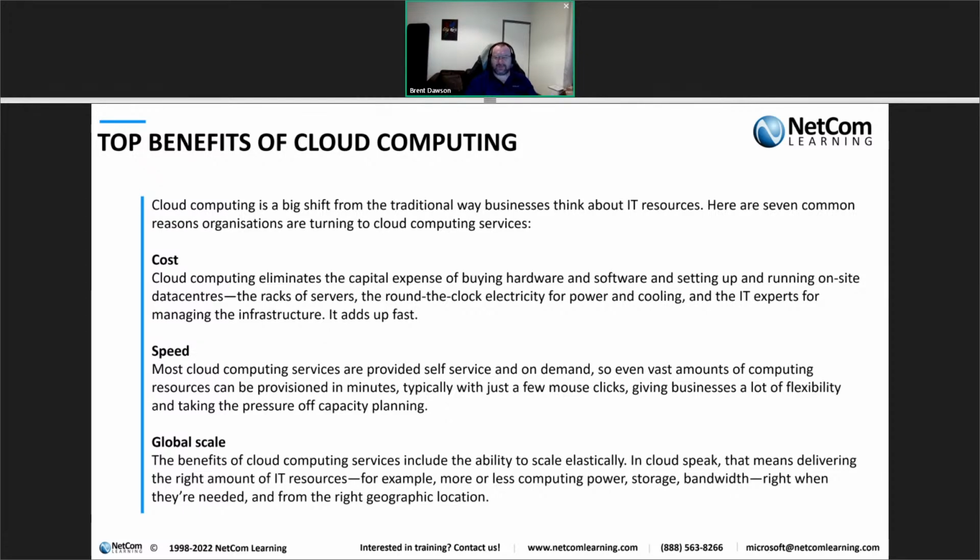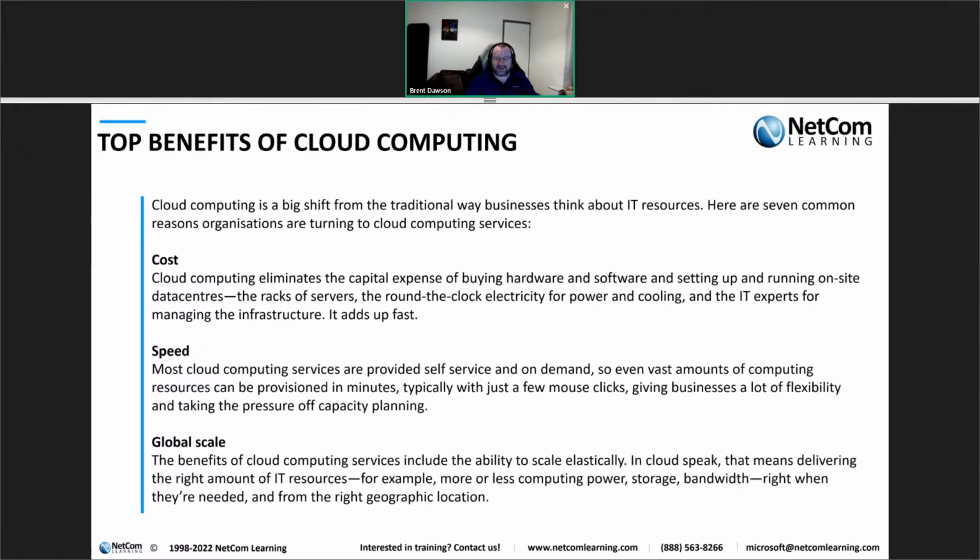Again, if you're looking at an on-prem deployment, you're restricted to the amount of space and money that you have to implement an environment and a system. Or if you're going to a cloud-based system, it basically means if you want to spend more money, you can get resources. You can get more computing power, you can get more storage, you can move things around to different geographical locations and regions based on where the company is existing and where the users are and that sort of thing. And so, again, you're spreading the cost out, but you're also increasing the scalability of your environment and the deployment that you have,